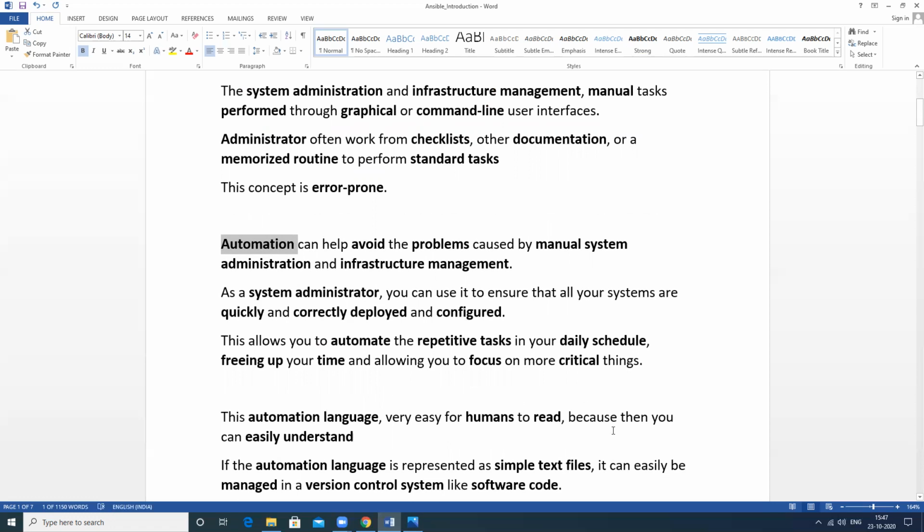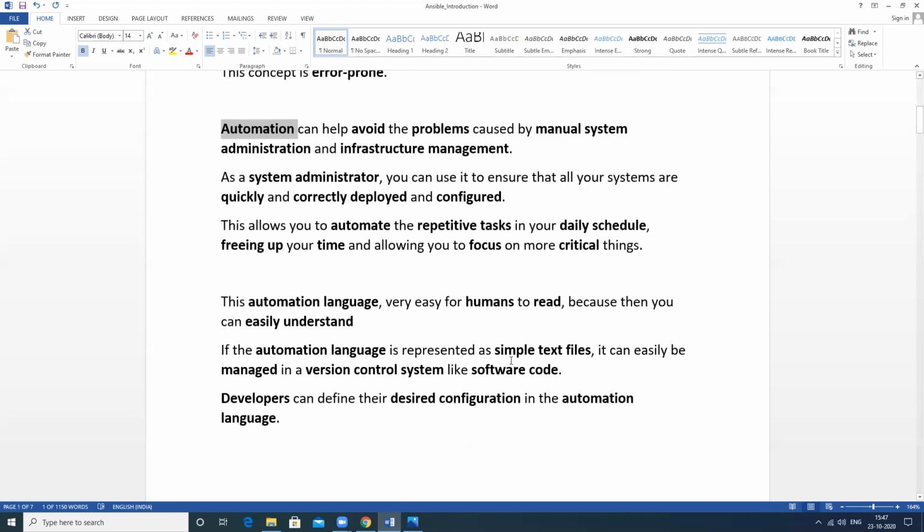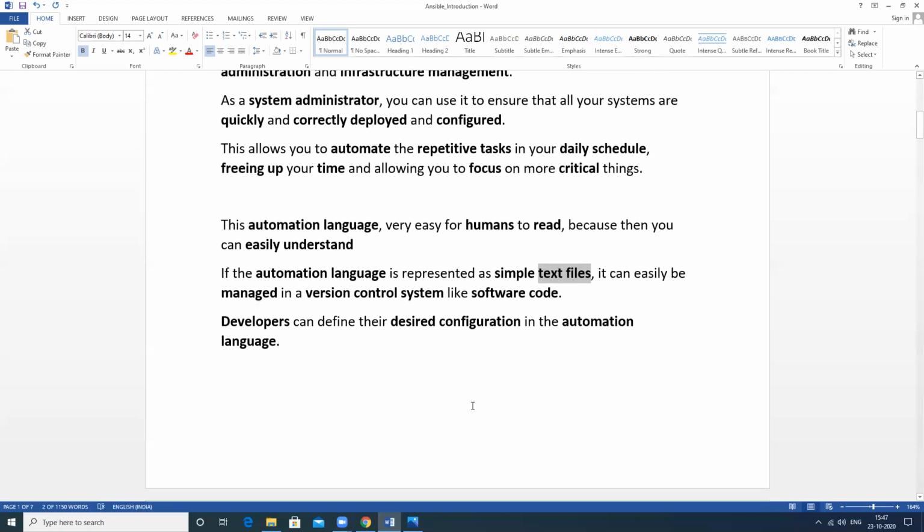It's very easy to read, write, and understand, because we just write all the automation tasks in a text file, and we can understand this easily. I will show you how to use this with examples also.